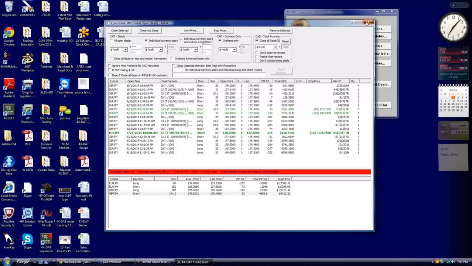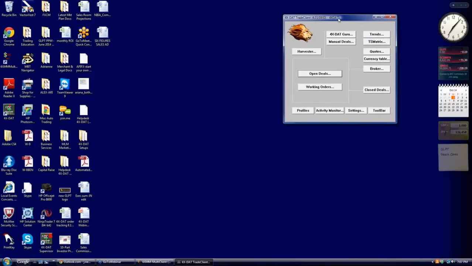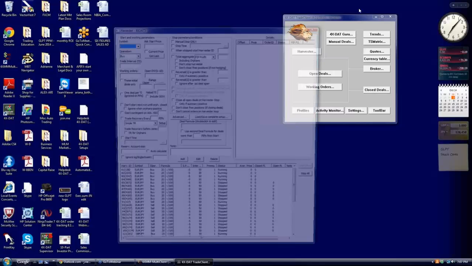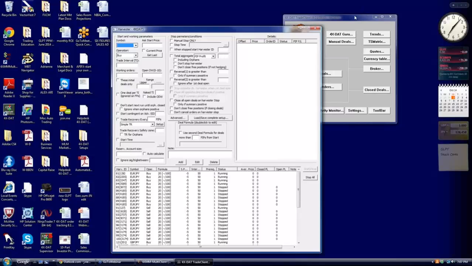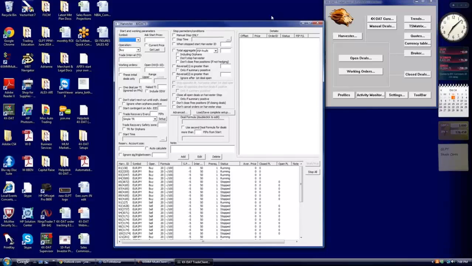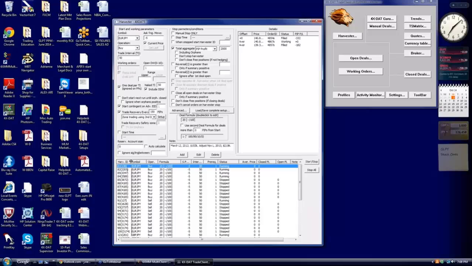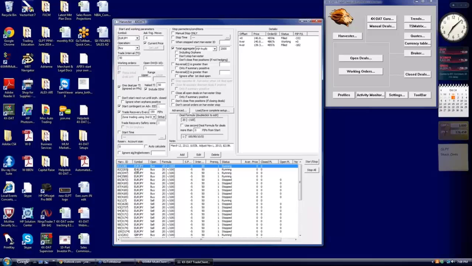When the $3,000 profit is reached, the software will close all the trades as an aggregate and add the profit to the account. Now this brings me to the most important part of the software, which is the harvester. The harvester is almost like the engine of a car. What the engine is to a car, the harvester window is to our software. Basically, what we do with the harvester window, this is where we input our strategies, and the strategies are